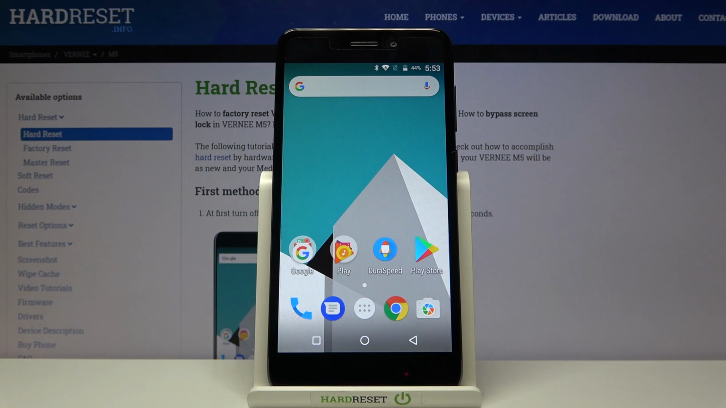Welcome, here I've got VERNEE M5 and I'm gonna show you how to change aspect ratio in the camera app